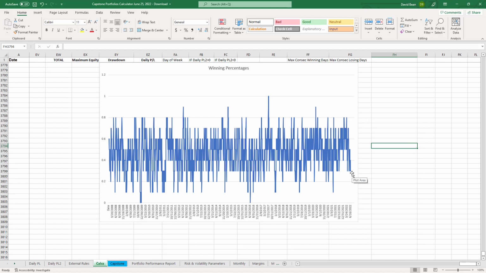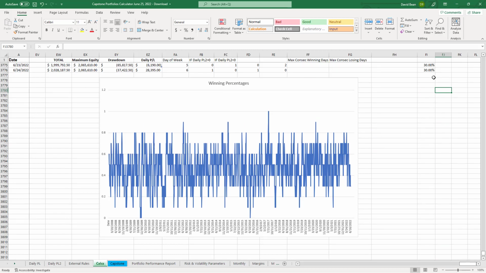And so one of the things you could garner from this is potentially start trading when it's 30 or 40%, and stop trading when it's 60 or 70%. We're always looking for better ways to time the market, time the strategies, and I have more ideas than I can ever test. And so this is one of my latest ideas, is look at the winning percentage of the